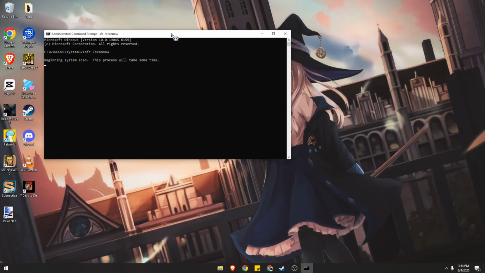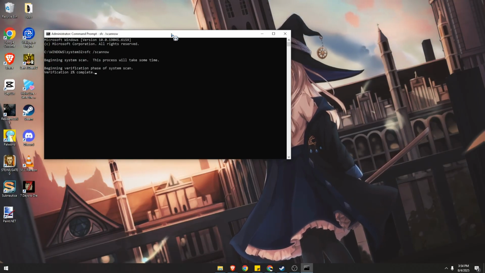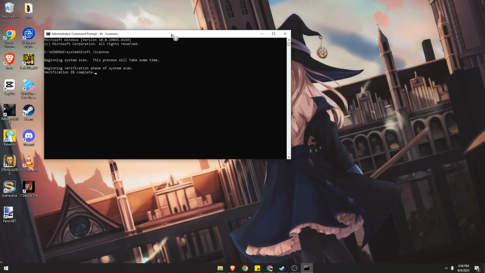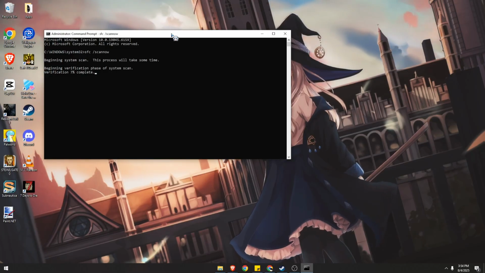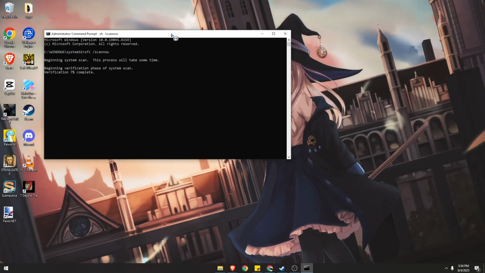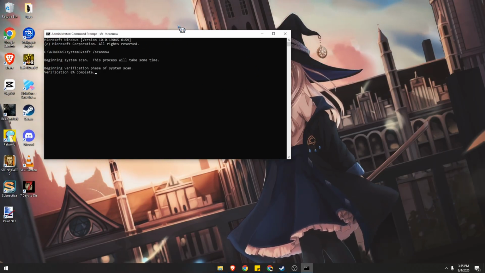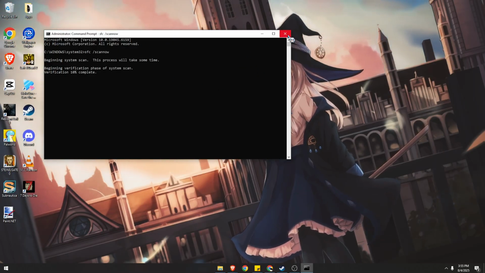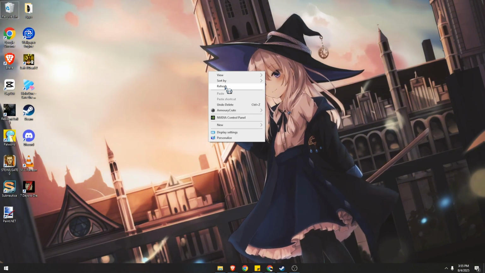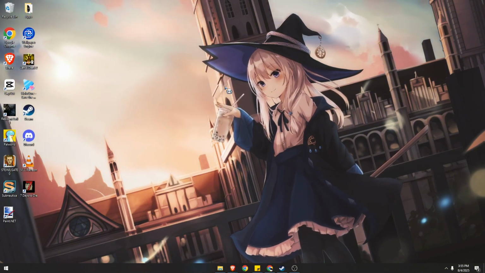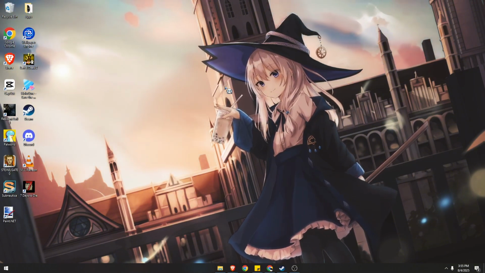Hit enter. Then it will begin scanning the entire PC for any corrupted files. Once this hits 100%, it will show a message that it has successfully repaired such files. Then you may close, refresh, restart your computer. Then all of those corrupted files should now be